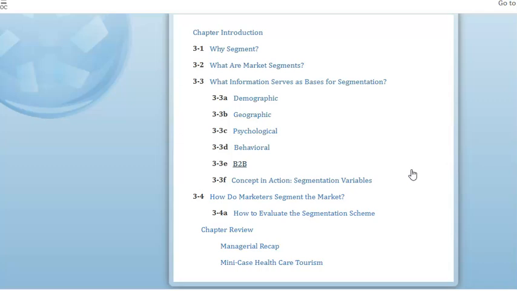But basically, you do your demographics first. You generate some kind of larger view of who the market is by demographic, and then it's easier to do the research on what kind of psychographics you can associate with that demographic target market. So we're going to talk about how marketers segment the market.